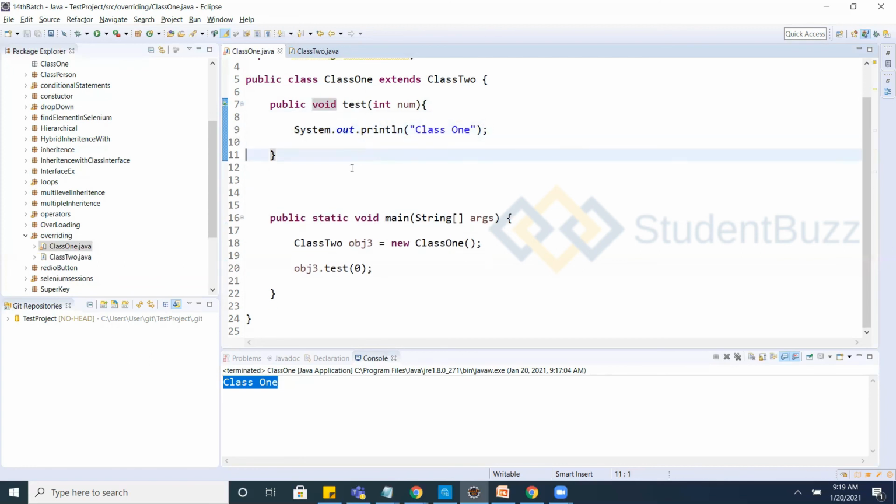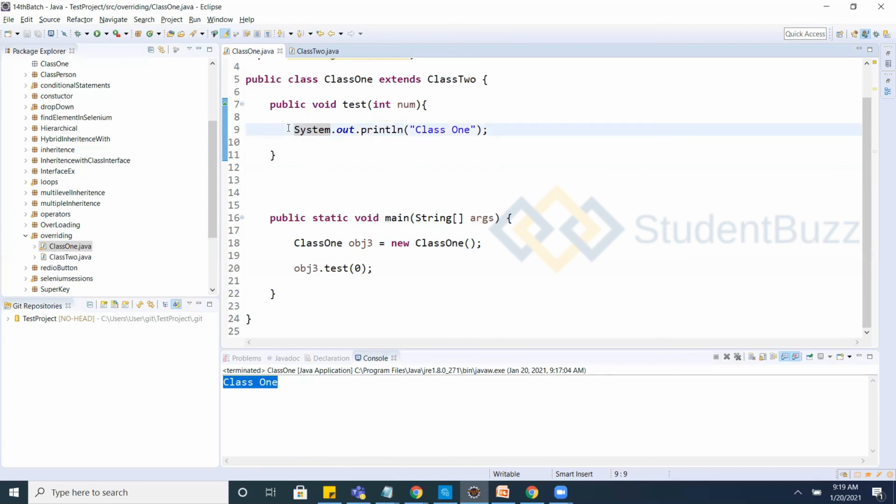To override, our implementation will be overridden. So the same method we want to use in a different way in a child class. When you are doing it, it should be the same method name, same return type, same arguments. Implementation can be different.